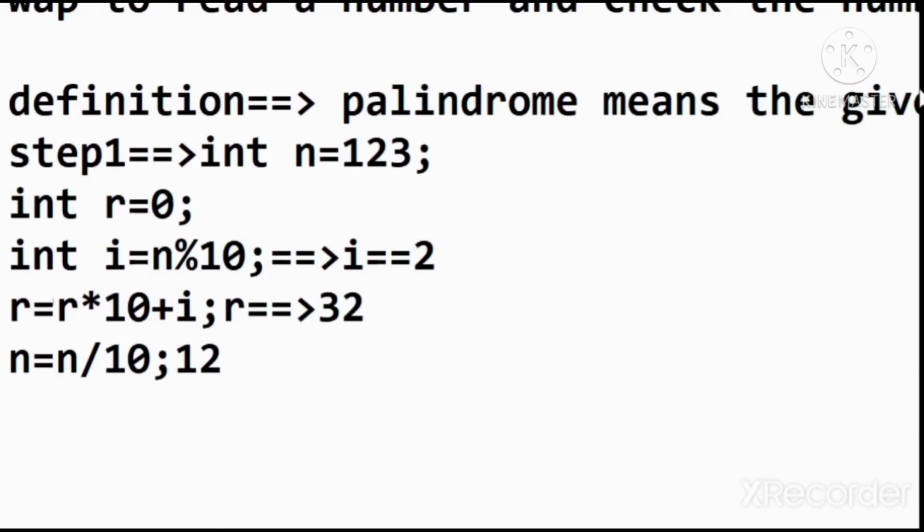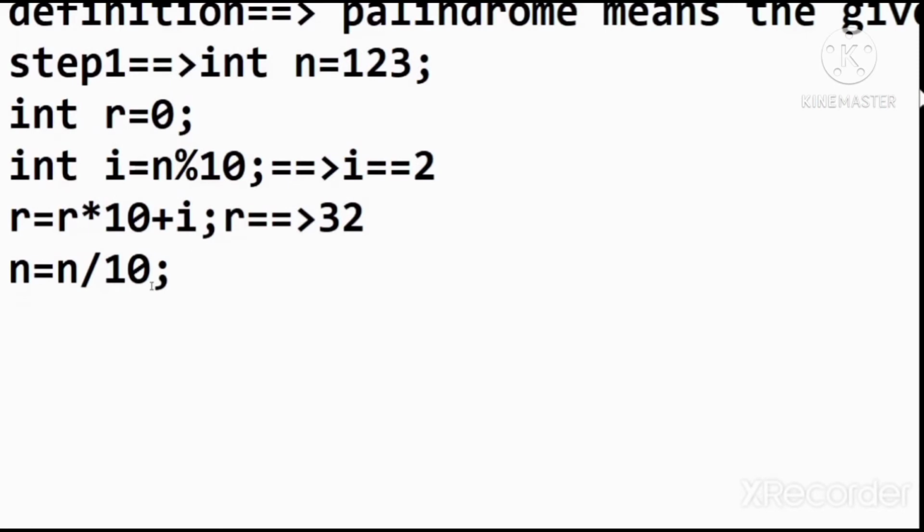So now the value of n is 12. If we divide 12 by 10, the value of n is 1.